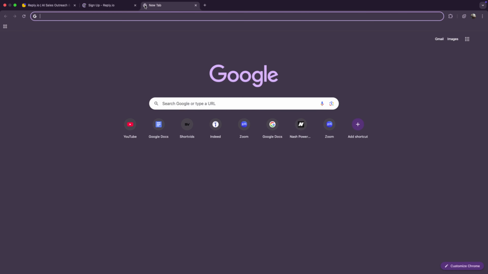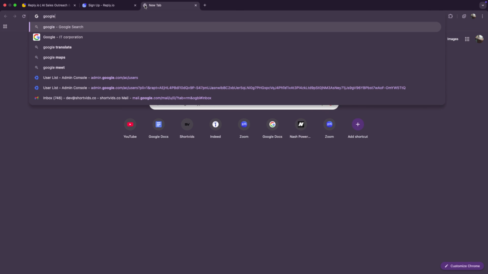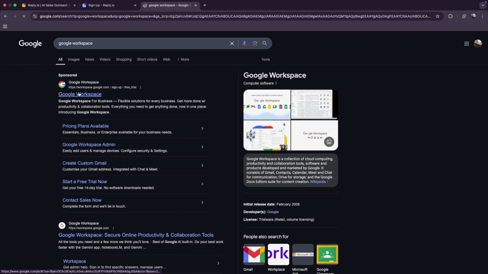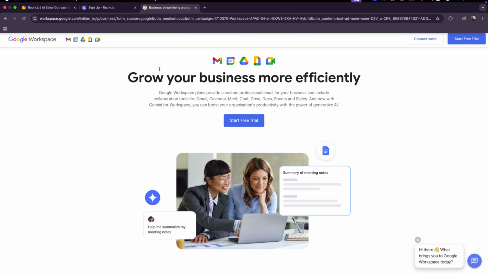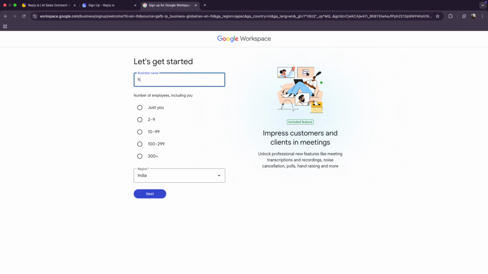Okay, now I have also got a domain. So that domain needs to have a workspace. So I'll sign up for Google Workspace for that domain to have different email addresses. So I'll sign up on Google Workspace and then click on start a free trial. Okay, after this, business name, so right here I'll write it like Short M,